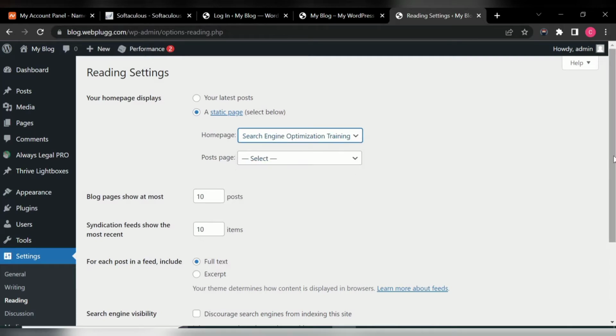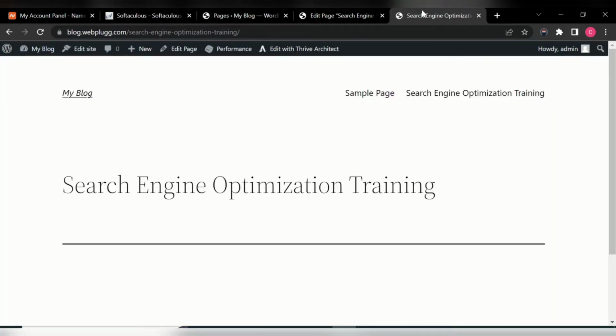Why we are doing this is so that if you check, let me take you back. If you check on this page we created, this page still has this URL. So for you to access this page we created, you're going to put blog.weblog.com/search-engine-optimization-training. For you to make this blog.weblog.com, for you to make this particular page your home page, you're going to come back to